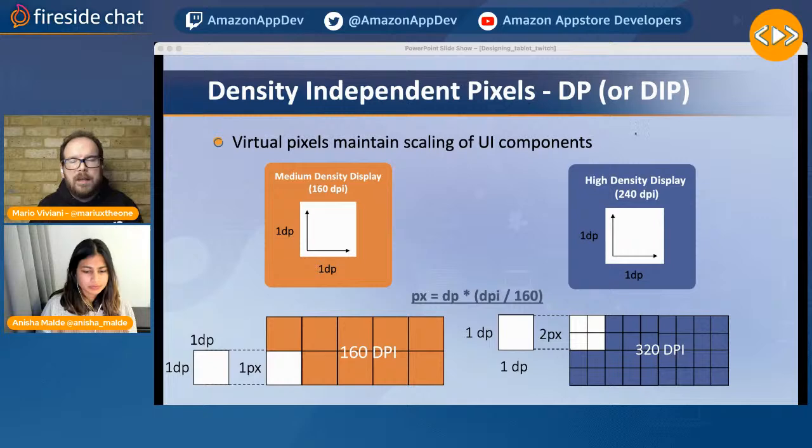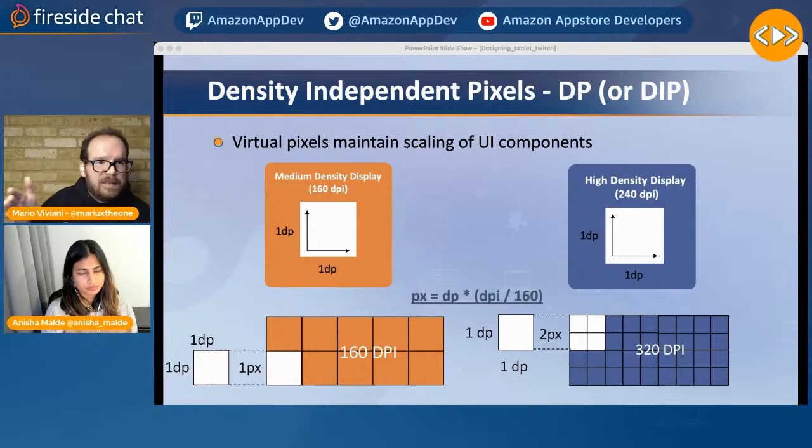And that's one of the great advantages of using density independent pixels. The other thing that we didn't mention here, but I think it's important to call out, is a good design pattern when it comes to using density independent pixels, which is to use a specific rhythm across all your different devices. So when it comes to Android, the reference rhythm is 8 DPs. So if you use 8 DPs and scale across your different devices as a multiple of 8 DPs, let's say that you have 16 DPs or 32 DPs, it helps you maintain the right rhythm across all your different units,